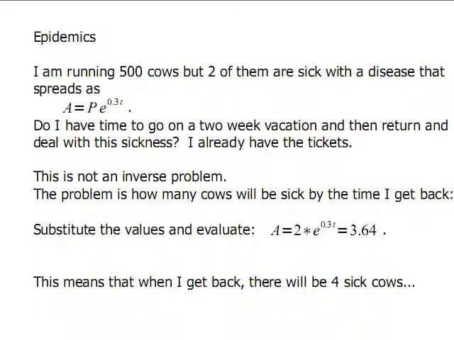Here's an exponential problem concerning epidemics, and I'm going to do it two ways because I want to show you that not everything is an inverse problem. So let's say I have 500 cows, but I have 2 sick cows, and I know how the disease is spread. Perhaps I should have used A0 there when I wrote this equation. The number of sick cows is the number of initially sick cows, and then